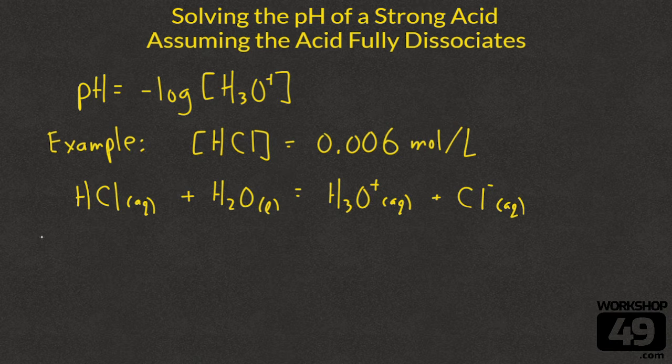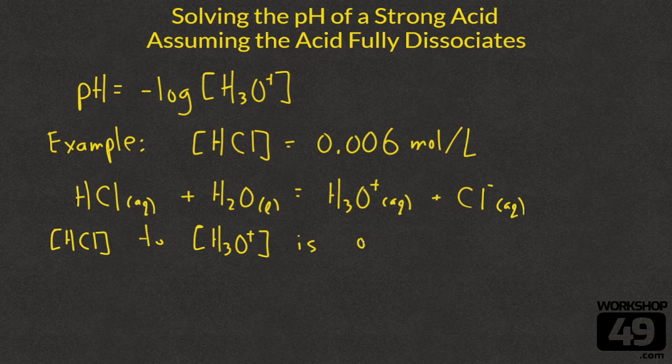So we can write that the concentration of HCl to the concentration of H3O+ is 1:1. And that just means that the concentration of H3O+ is going to be the same as the concentration of HCl, so it's equal to